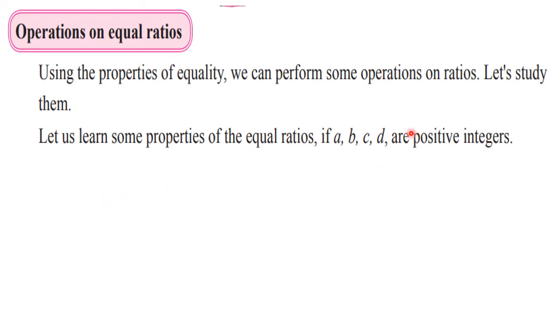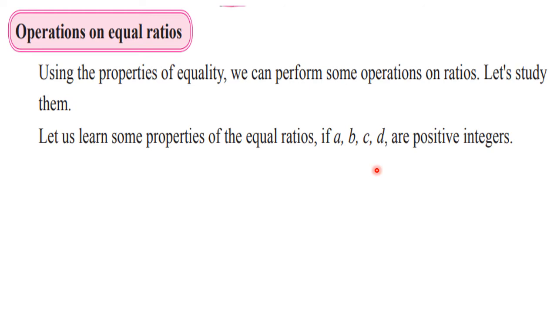So for this purpose, we are going to think about four positive integers a, b, c and d. You know that these properties of equality change when we are thinking about the negative sign. Or in case of inequality also, you know that when there is a negative sign, then the properties are changing. So here in general we are writing it for positive integers. So a, b, c, d are the four numbers which are positive integers.